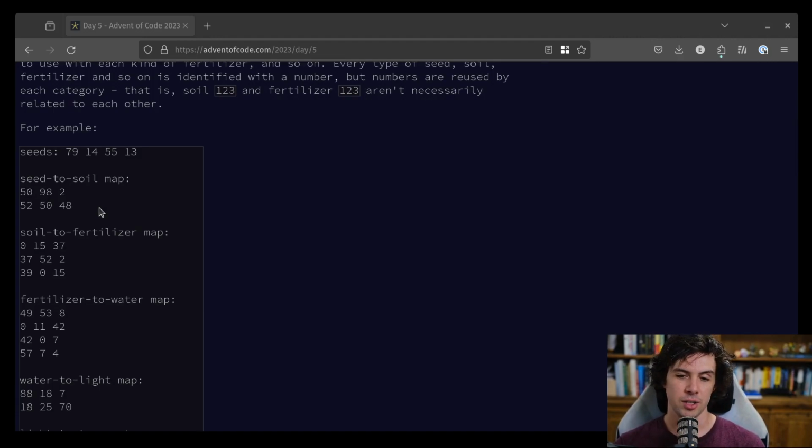So the first number is the destination, which in this case will be soil. The second number is the source, which would be the seed. And the third number is a range. What this first row is saying is that seeds, starting at seed 98 and for a range of 2, so 98, 99, should map to soils starting at 50. So 98 becomes 50, 99 becomes 51. The second row, very similar: 50 becomes 52, and 51 becomes 53, and so on for a total of